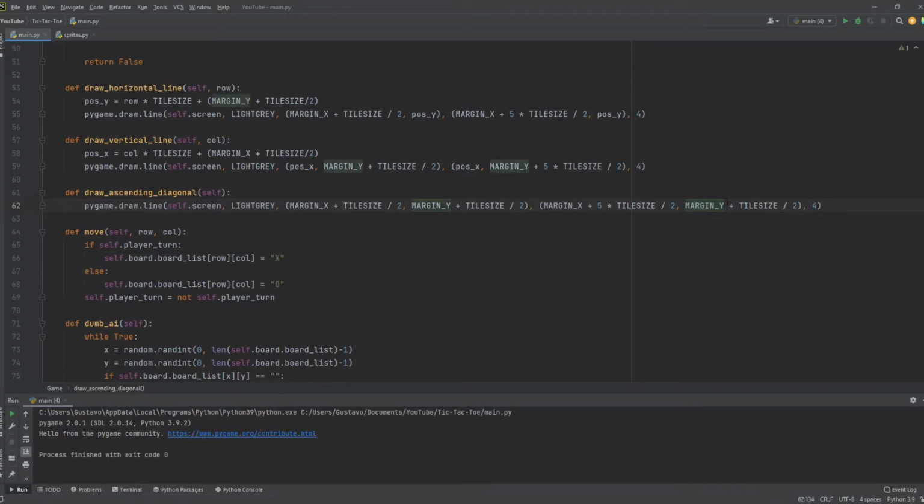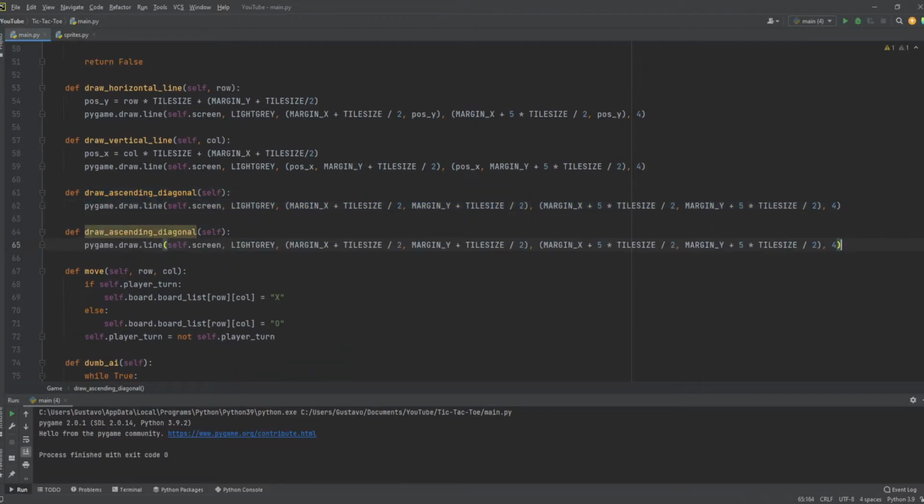Okay, so this one here is margin y plus 5 times tile size, so it's the same as this one basically, divided by 2, but this one is x, this one is y, and I think that's it. I'm just gonna copy this and paste it down here. Instead of ascending, it's going to be descending. You write that wrong. Descending